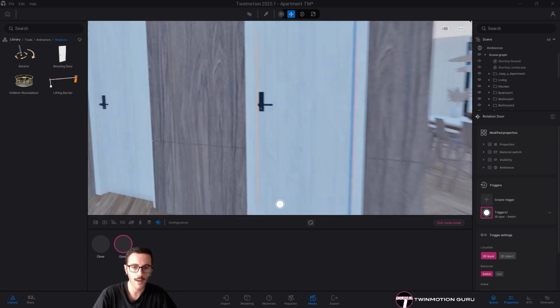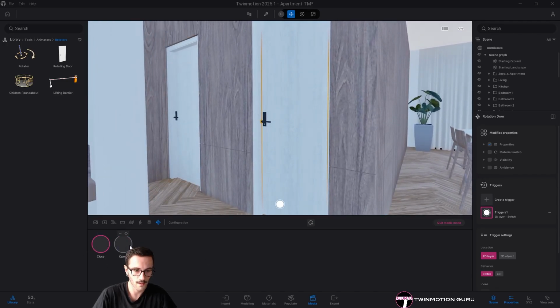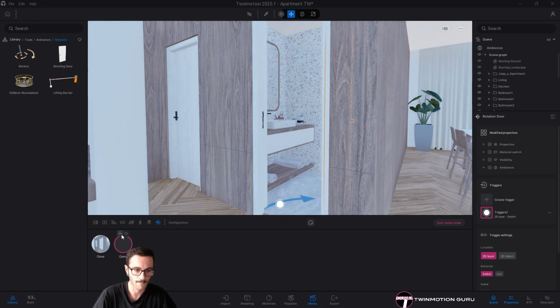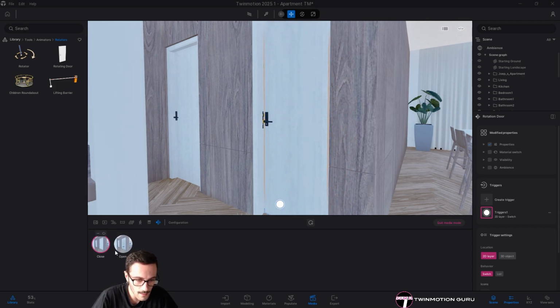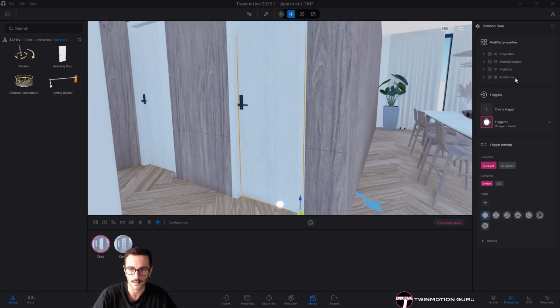And also you can create a thumbnail. For instance, here as you can see they are all black. You can click here and create and click on capture thumbnail. So the door is closed. And the same thing for this one. So capture thumbnail, and as you can see, the little image previews here are with the door closed and the door open. Okay, but let's see its properties, because from here we can do a lot of things.